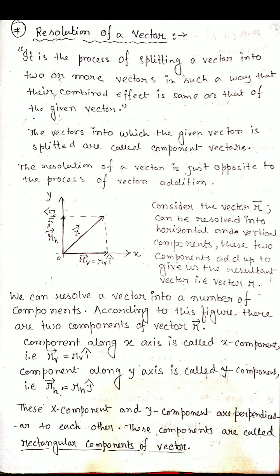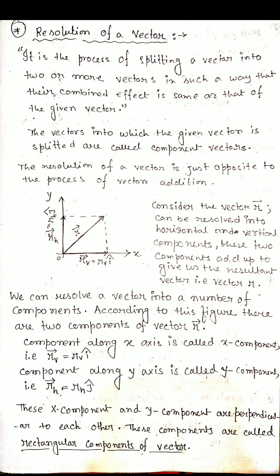Sometimes when we solve problems we neglect this unit vector term, but it is important. When you solve numericals, keep it in mind, because numericals are often in terms of i hat, j hat, k hat. So don't hesitate or get confused about what i hat and j hat are. These i hat, j hat are unit vectors, or direction vectors, giving us the direction along the x and y axes, and these vectors are also called orthogonal vectors.